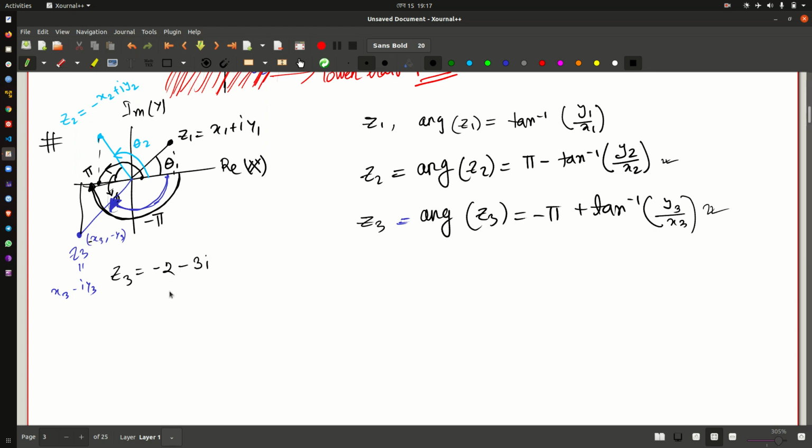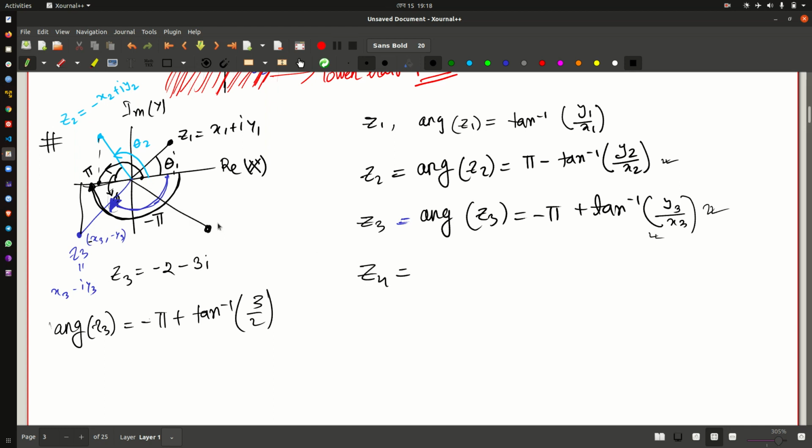Then when you apply this formula to find the principal argument of z3, it should be minus pi plus tan inverse 3 by 2. We are not considering the signs, because when we are doing the geometry, all the problems of the signs have been taken care of. And finally you can have another case, that is a point over here,